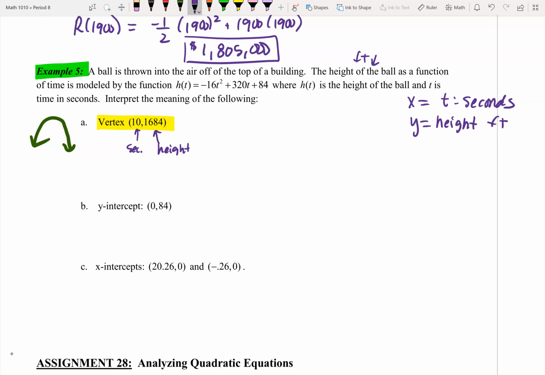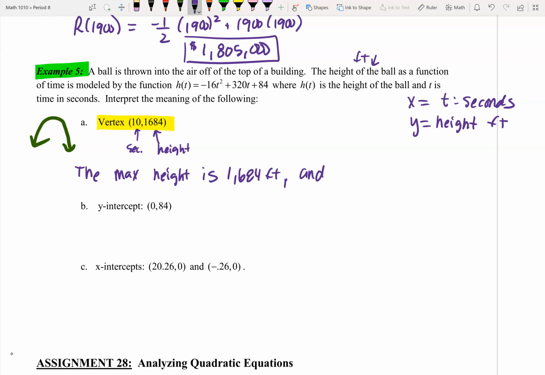This is not full credit. Listen, after 10 seconds, the ball will be 1,684 feet in the air. That is not full credit. It's 2 out of 3 points. What didn't I say? That it was at its max height. That it's a maximum. Yes, a vertex, that's the peak. So we're going to say the maximum height is 1,684 feet, comma,